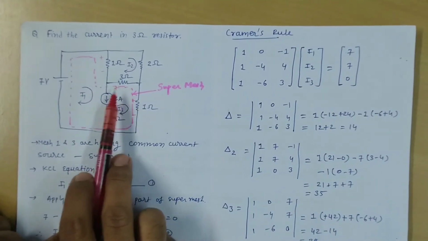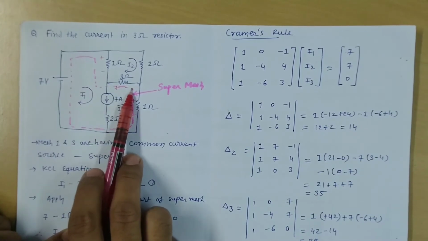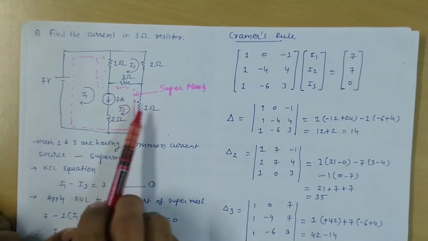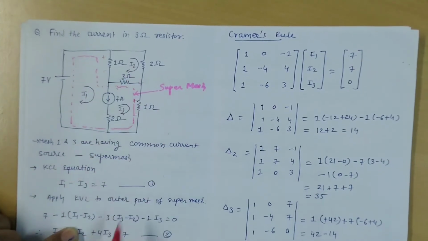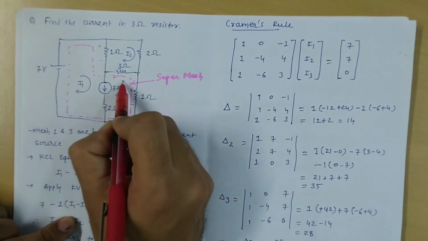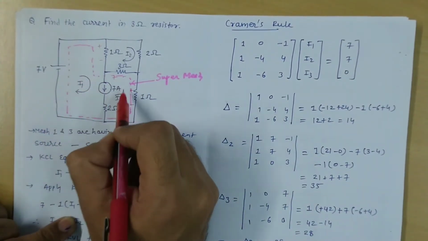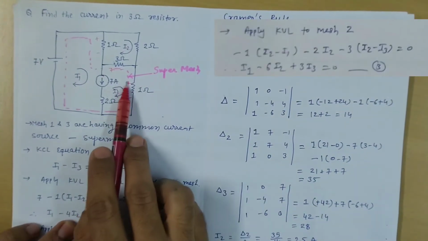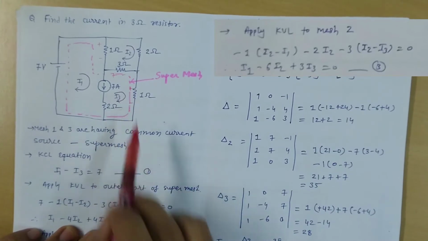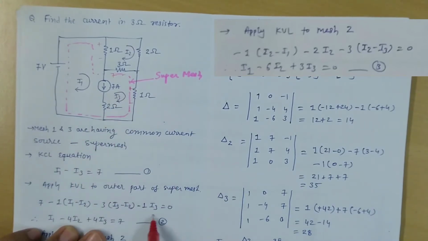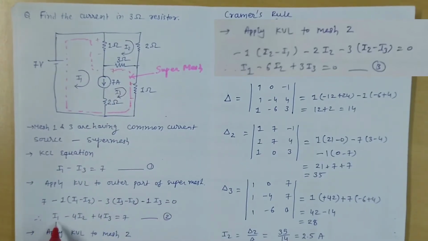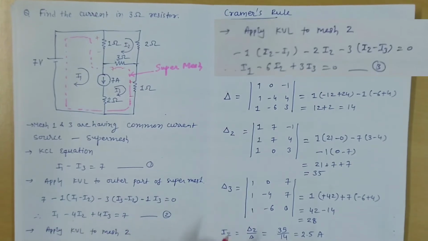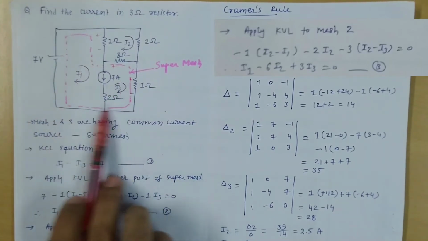Now here also we are going from positive to negative, falling the potential. So -3 multiplied by, we have current I3 and I2, so I3 minus I2. This is clockwise, this is positive, negative, this is positive, negative, and this is positive, negative. Now in the 1 ohm, we have positive and negative, so a fall in the potential. That's why -1 times I3 is equal to 0. So we get the equation I1 minus 4I2 plus 4I3 is equal to 7. This is equation 2 because of the super mesh.